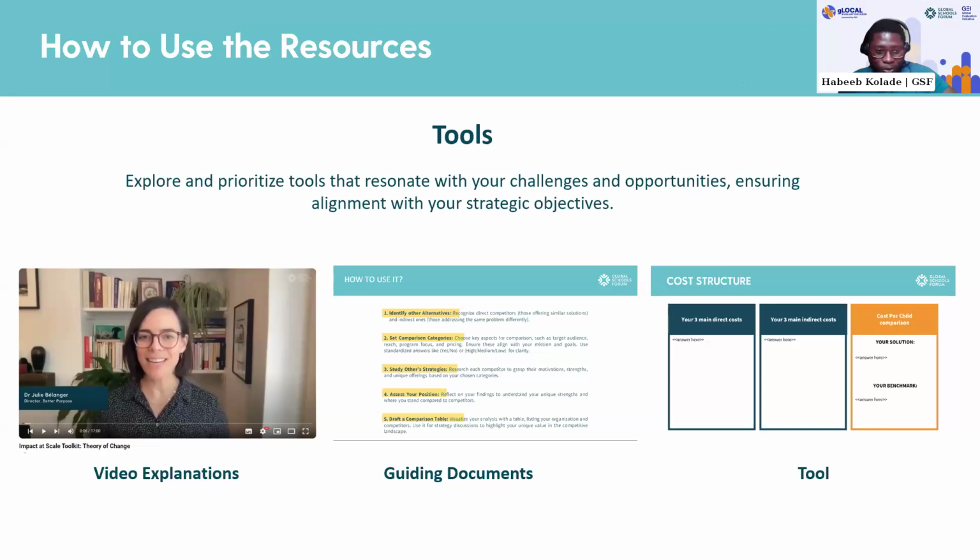Then finally, you have the tool itself, which is often a template where you can input responses based on well-structured guides to help you realize the best outcome for that tool when you're done. So for each of these tools, we have a video explanation, the guiding documents, and finally the template itself for you to use by yourself or with your team members.